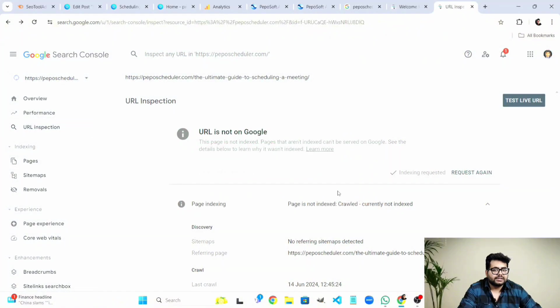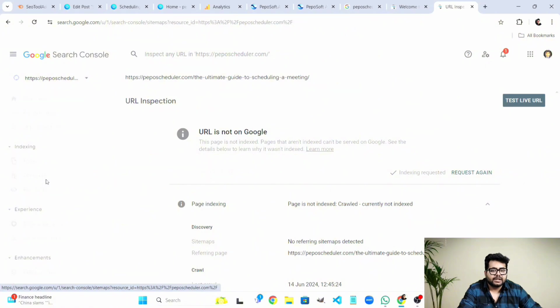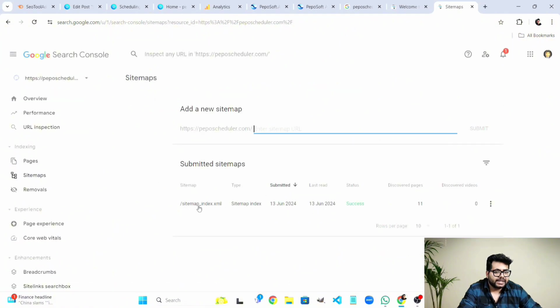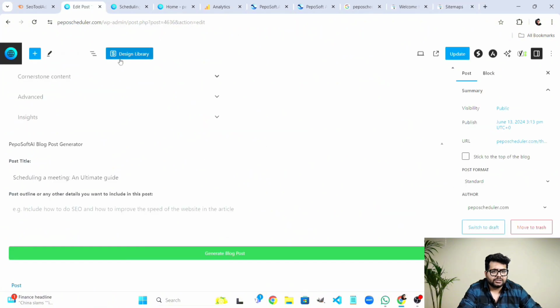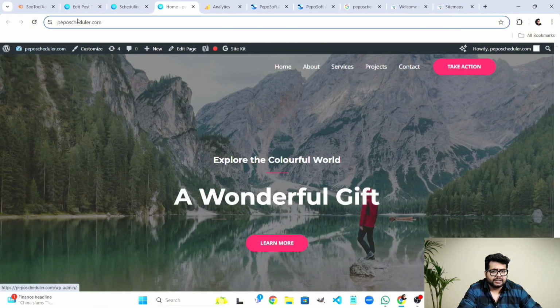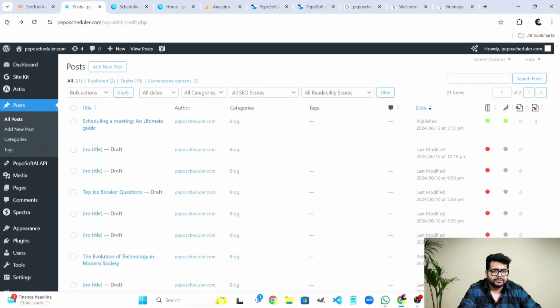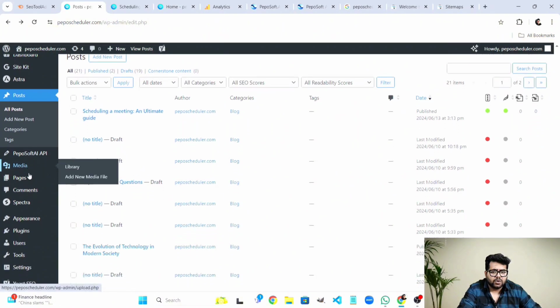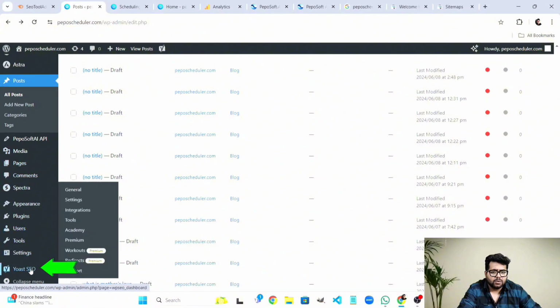So I'm going to click on dismiss here, and the next thing is, if you look here, there is an option called sitemaps. If I click on my sitemap, I have already included my sitemap over here. But if you have not included your sitemap, you can go back to your dashboard over here, and go ahead to Yoast SEO,